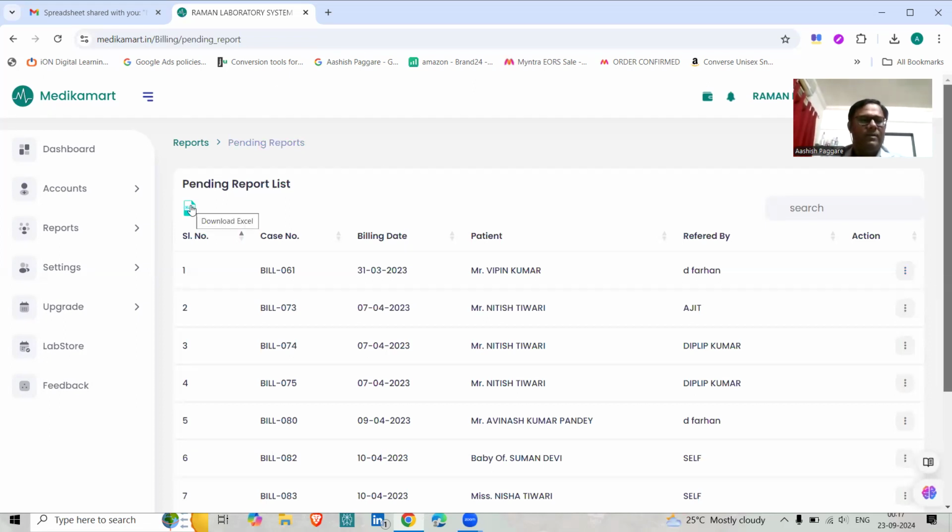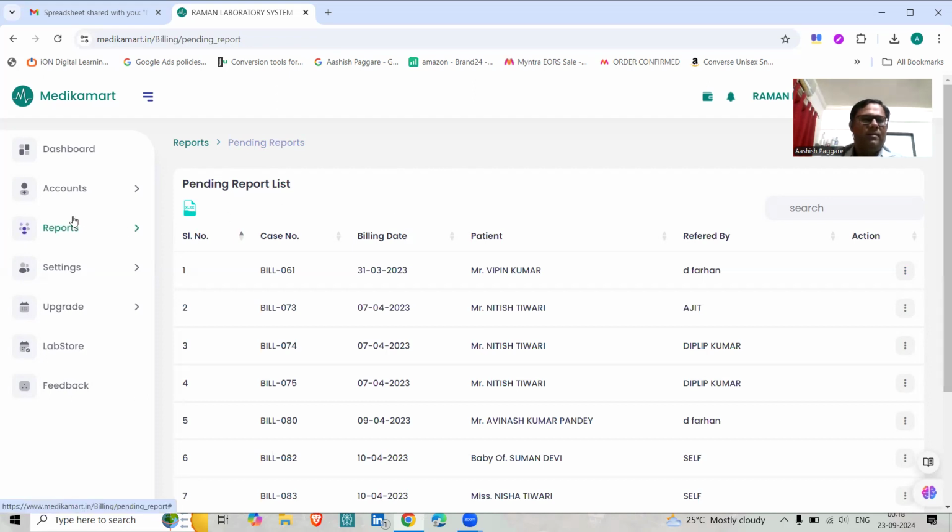And here you have the option to download the Excel sheet regarding the patient report, pending report details. So you can download the Excel sheet from here only, and if you want to know more about the patient report details, you can download the Excel sheet from here